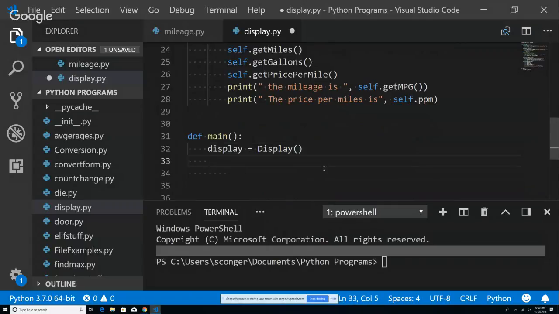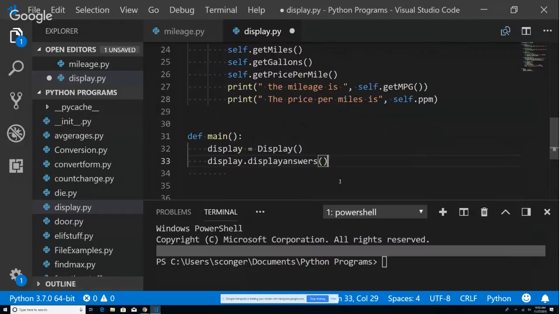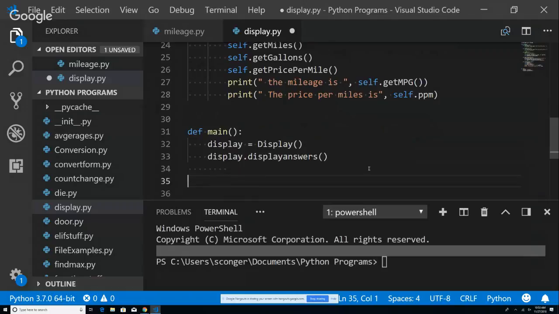And then I'm going to do display dot display answers. And then I'm going to call main. So no guarantees that there's not issues with this, but